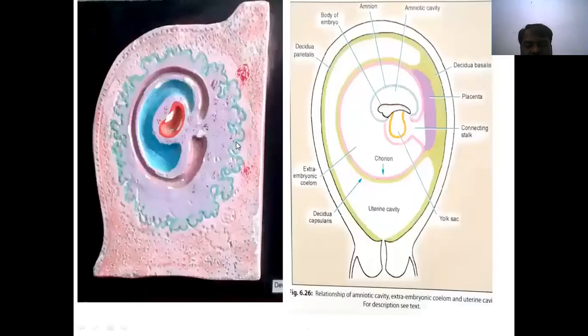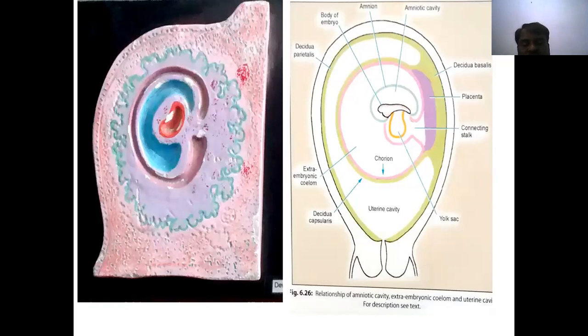Next, what happened in the further step? The placenta formation, primary and secondary. The primary villi contain the cytotrophoblast and syncytiotrophoblast, whereas the secondary villi contain the cytotrophoblast, syncytiotrophoblast, and extraembryonic mesoderm. The tertiary villi have the fetal blood vessels. So it has the cytotrophoblast, syncytiotrophoblast, next the extraembryonic mesoderm, and next the fetal blood vessels. That is four layers: blood vessels, embryonic mesoderm, syncytiotrophoblast, cytotrophoblast. That is the tertiary villi.